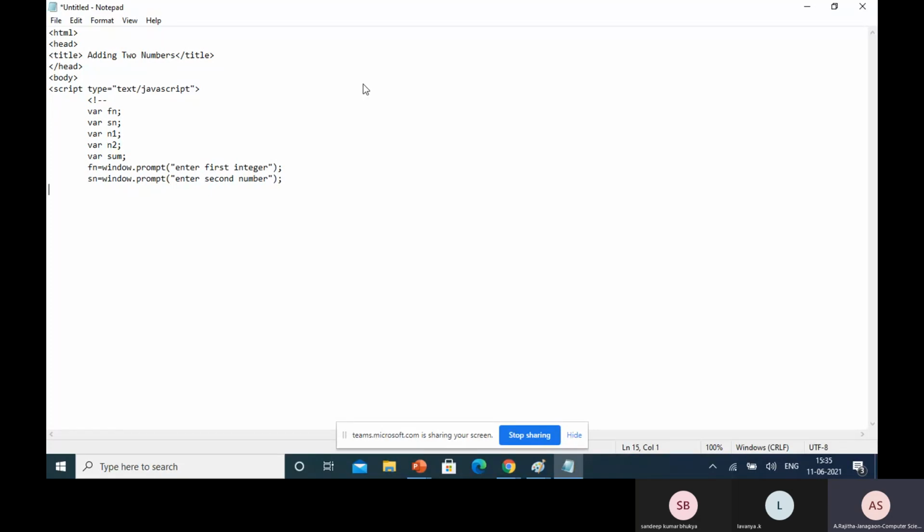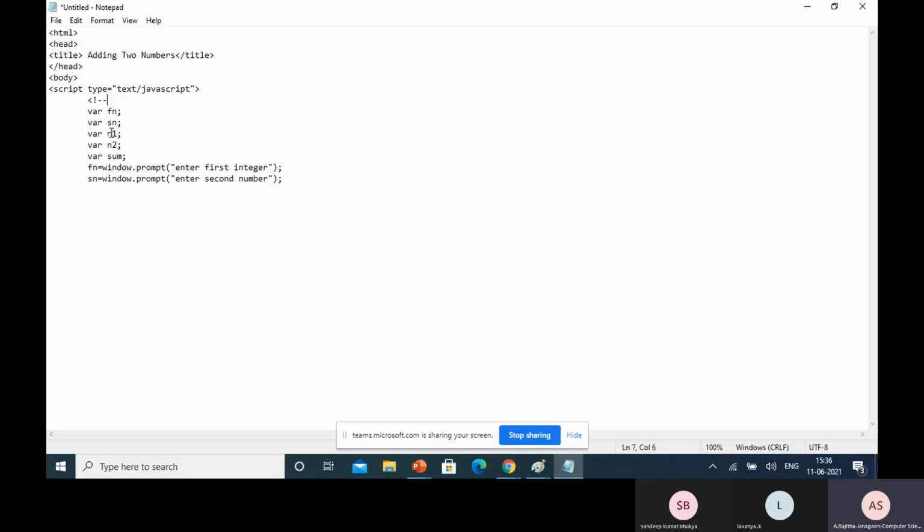Whenever I read the content through this window prompt, that is the window object, by using the prompt method, it is in the form of string only. But here we are trying to add two numbers.